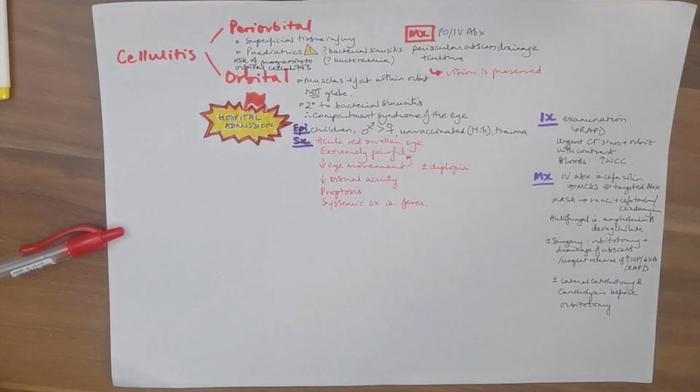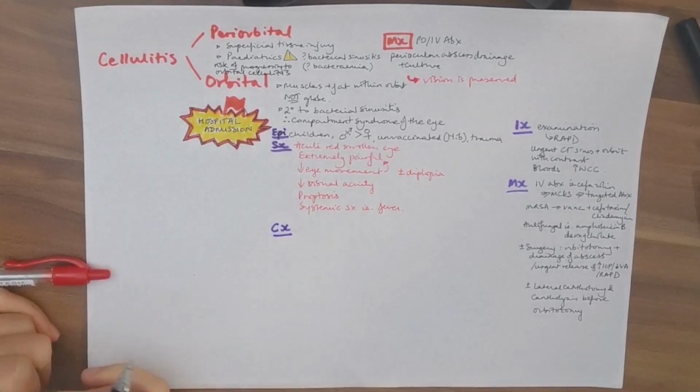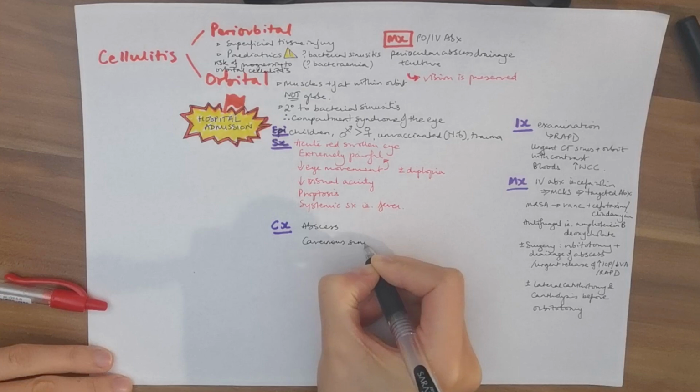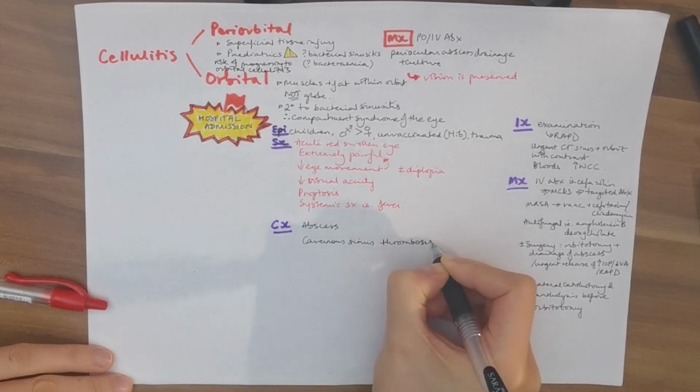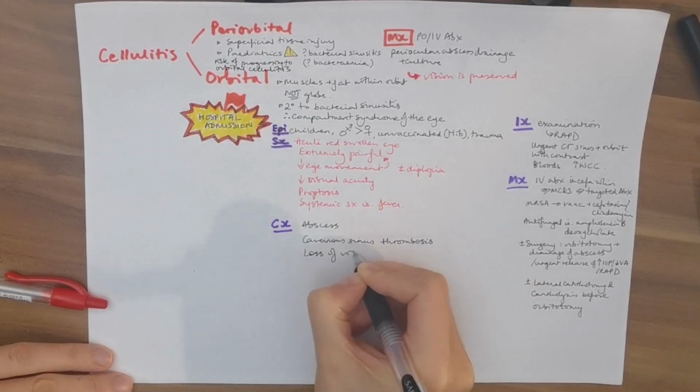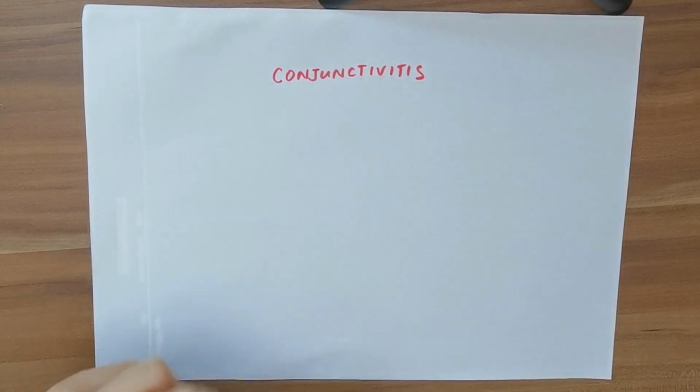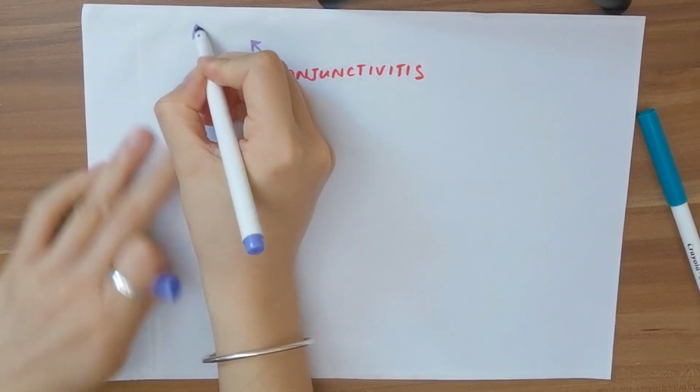What that is, just an exposure of the lateral canthal tendon. So possible complications include subperiosteal or intracranial abscesses, cavernous sinus thrombosis, and what we're really worried about is loss of vision. So moving on to the conjunctiva, we'll talk about conjunctivitis, and that is the inflammation of the conjunctival lining